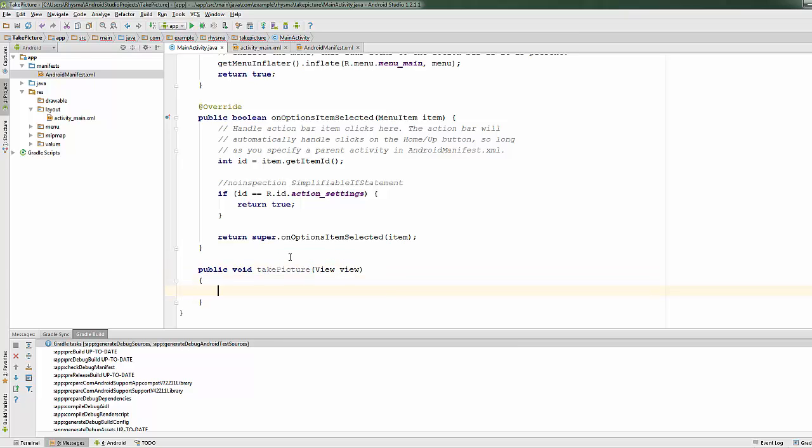I can go ahead and import in your view library. Now, when we click the button, we want the camera to open so that the user can take a picture, and then they're going to get the context buttons automatically at the bottom that say yes, accept, or cancel. So the first thing we're going to do is create the intent